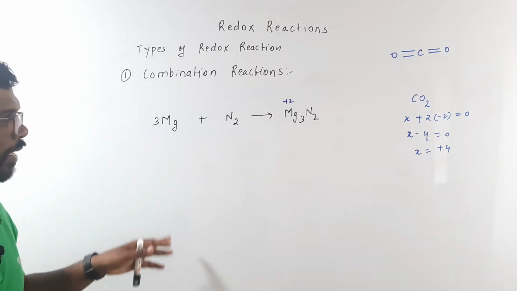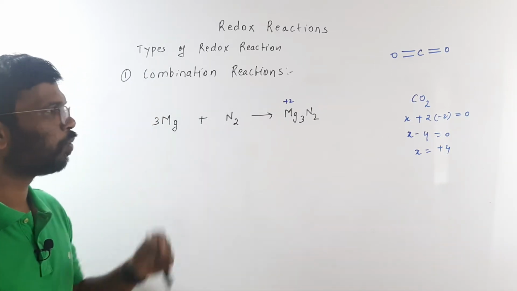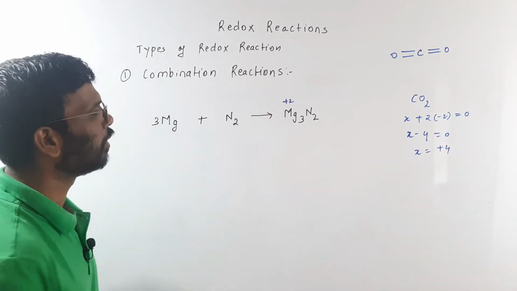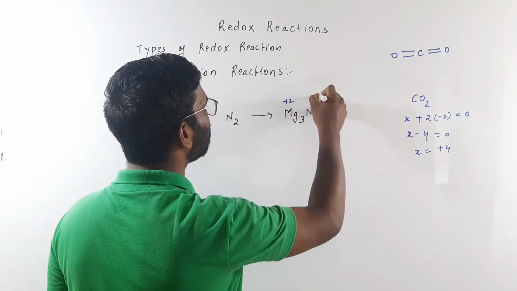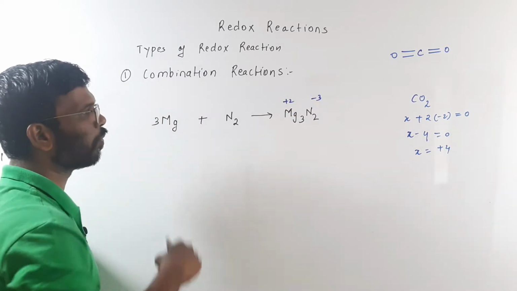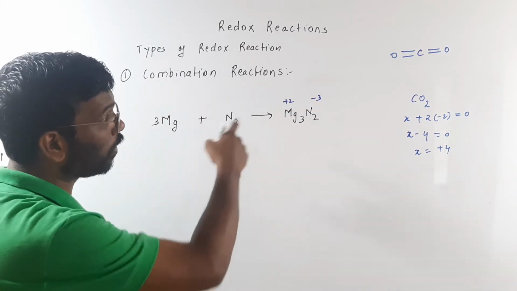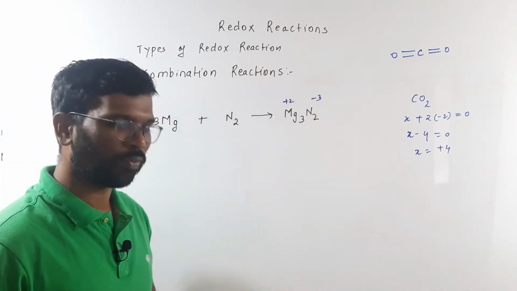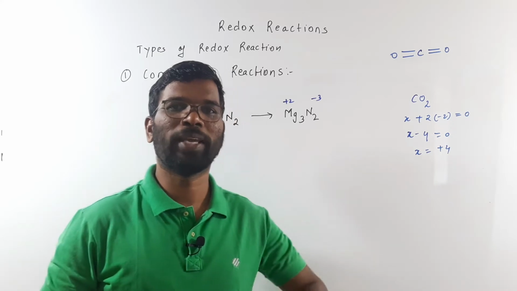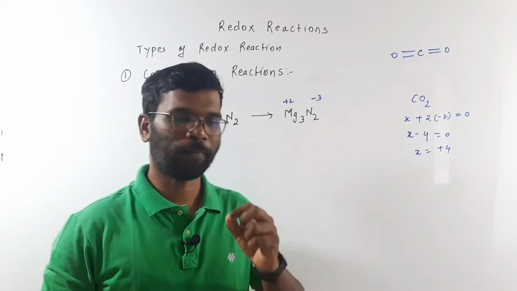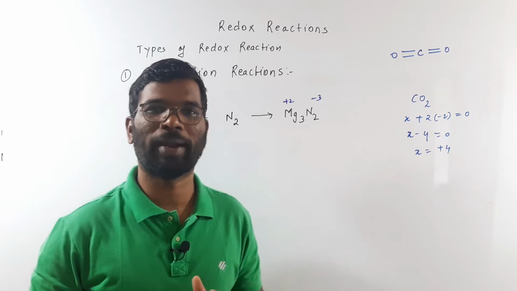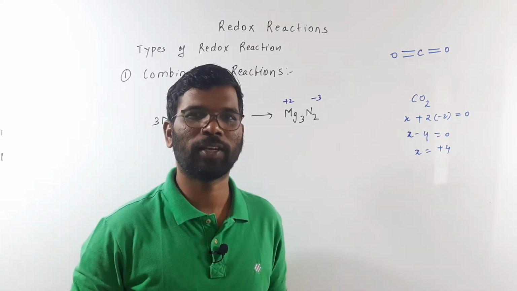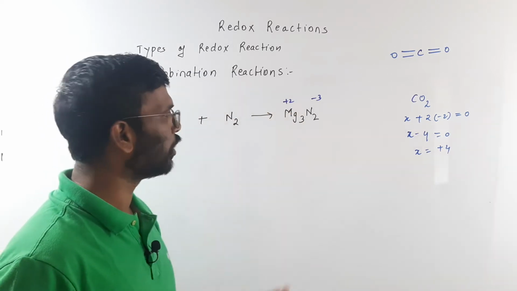Magnesium, we know that it is a group 2 element. It will prefer to go to a plus 2 oxidation state. And if you consider this to be plus 2, then this will be equal to -3. Let's calculate for the nitrogen. Why am I considering magnesium to be in a plus 2 oxidation state? Magnesium is a group 2 element. If it loses its 2 electrons, then it will attain a noble gas configuration, right? On that basis, I am saying that this should be plus 2.